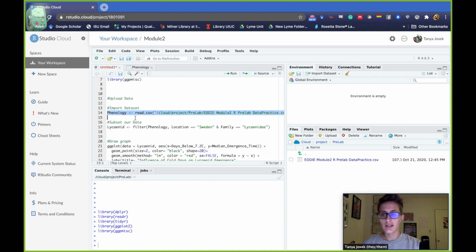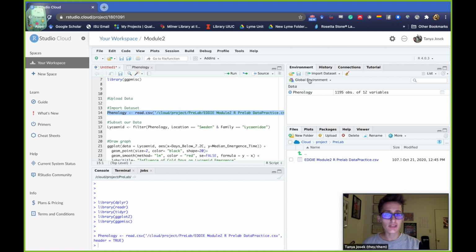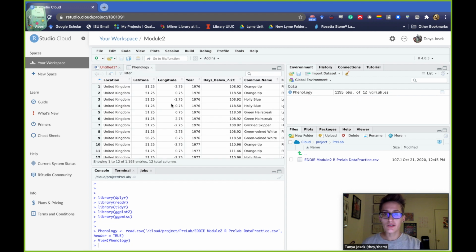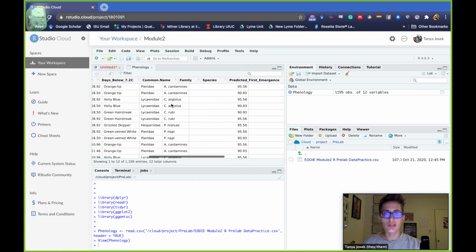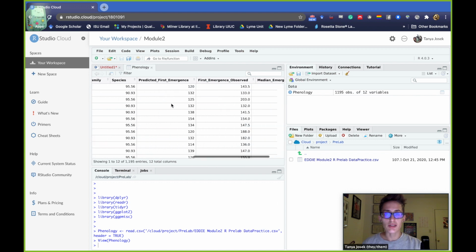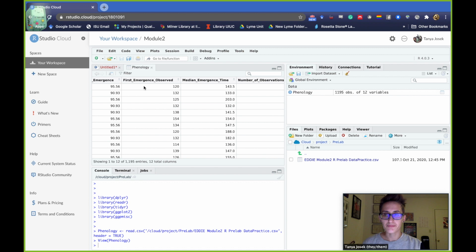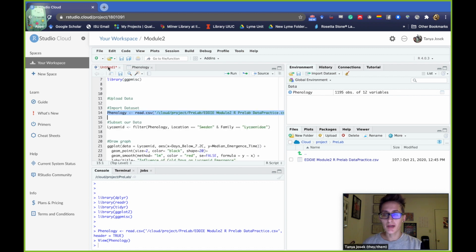So if I highlight this and then click run, we're going to see in our global environment phonology pop up. That's what I named it. And if I click it, you're going to see all of those data that we saw in that Excel file here. So if you click back on your tab,